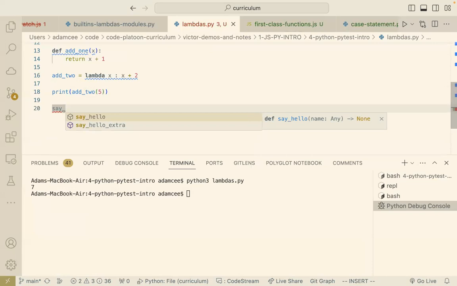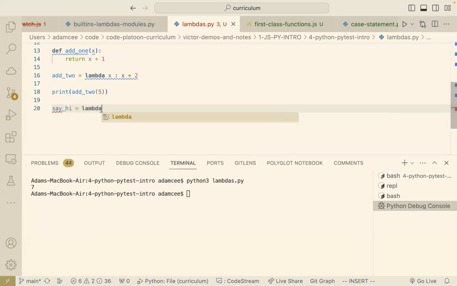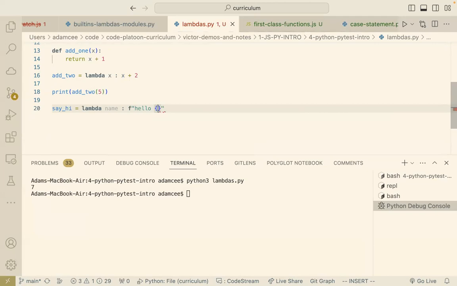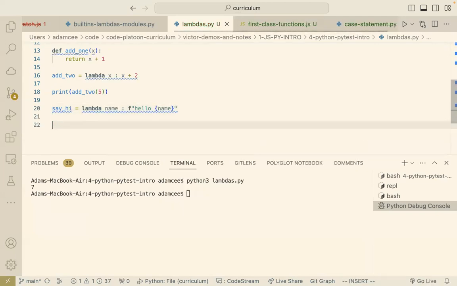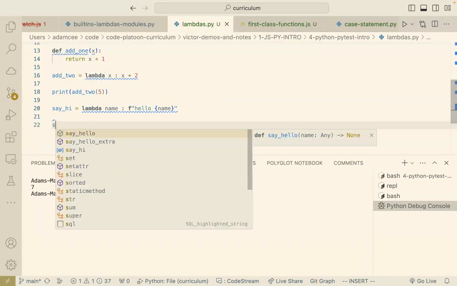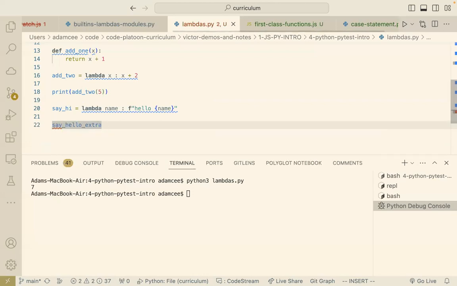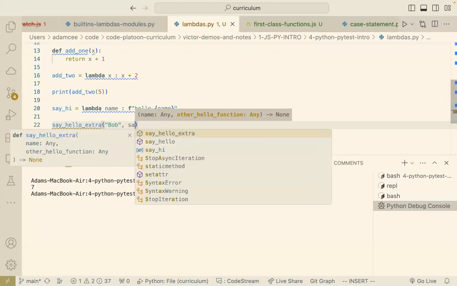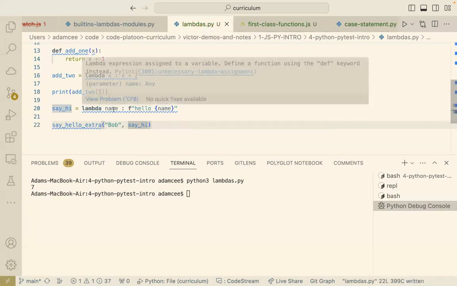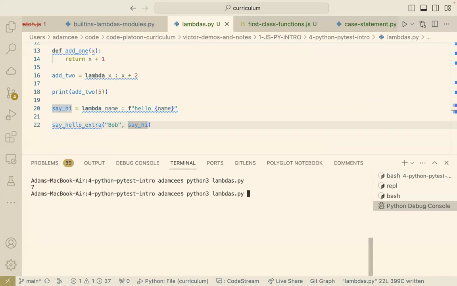I might want to do say hi equals lambda name, f string hello name. And then what is my say hello extra? Say hello extra Bob. Say hi. Let's see. I think that should work, though. No, I think that will work. Yeah. So this